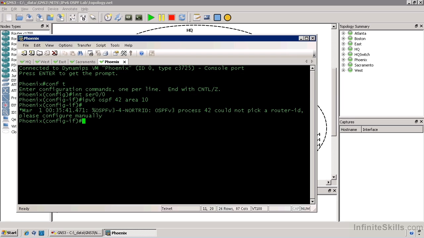And look there, it actually says, hey, OSPF version 3 process 42 couldn't pick a router ID, please configure manually. Just as if we had set up the OSPF process ID first. So in short, it will create the process ID for you if you forget to set it up. So if you actually have an IPv4 address on this router, you don't have to go manually specify the IPv6 OSPF process ID manually. However, before the neighbor adjacency will form, we will still have to go specify the router ID. So let's configure the other 3 loopback interfaces here, and then we'll go specify that router ID,